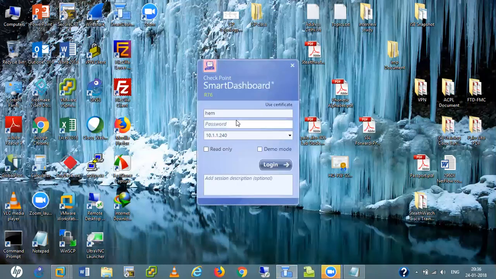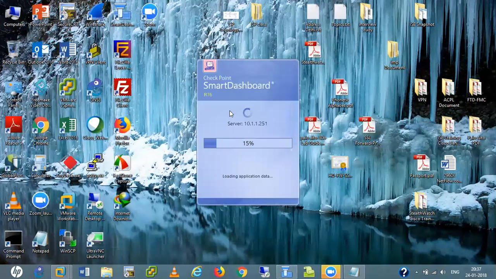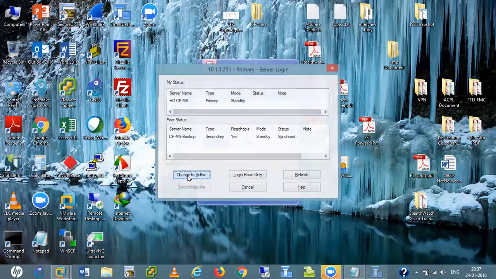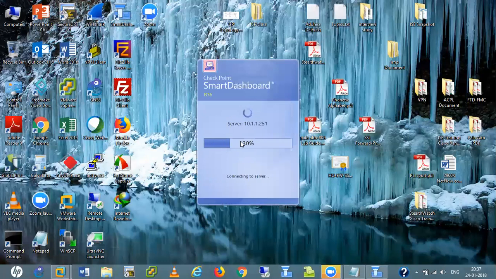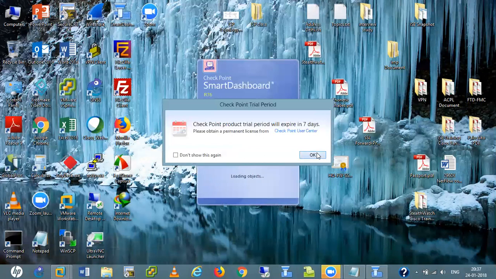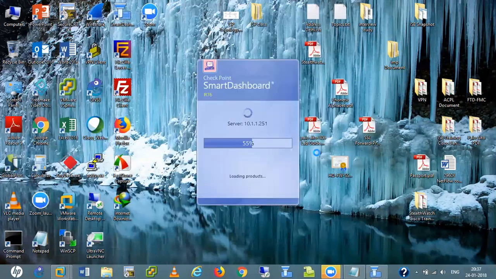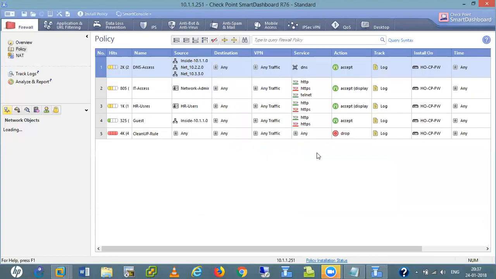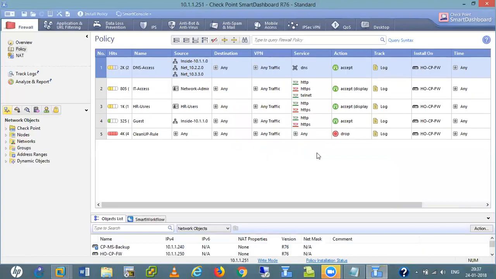Whatever is there, this is gel, password is gel, 10.1.1.251. Change to active. Like that we have to switch over. Primary, read and write permission you gave. Yes, this is my primary server. When you do it by yourself, that time you understand better. It's not a big deal.